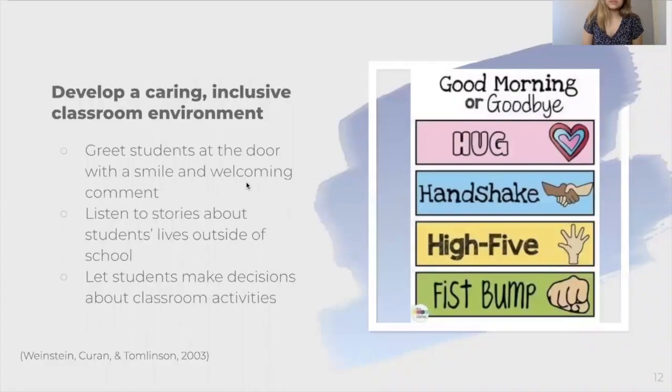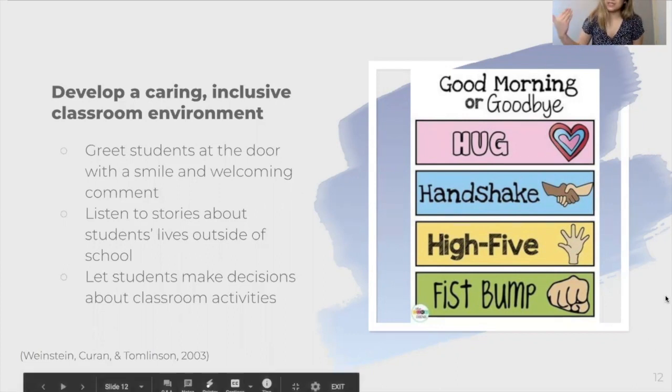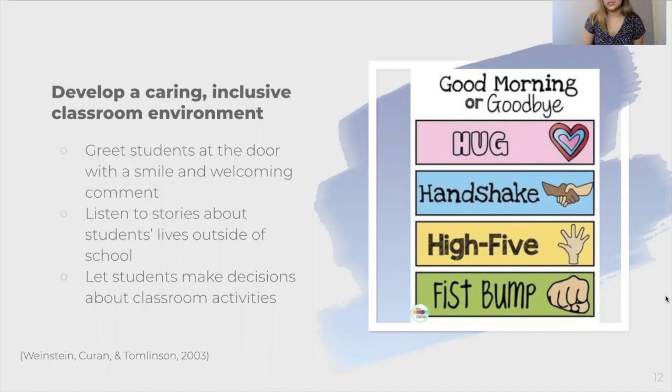You should also be able to develop a caring, inclusive classroom environment. So this looks like greeting students at the door with a smile and a welcoming comment. And you can actually print out this kind of poster, laminate it and put it outside your door. And then after maybe a month or two, after students are used to that, the greeting of each other, for K-2 classes, what I like to do is make that a class job so the students build relationships with each